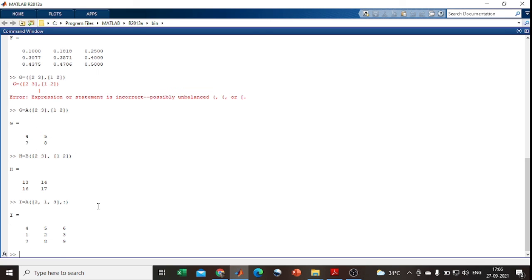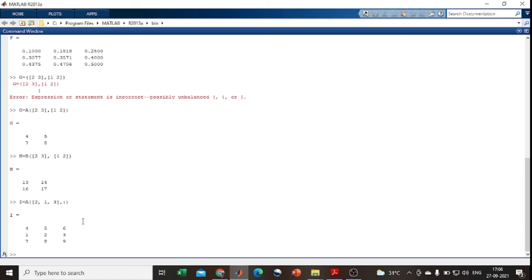Here I can interchange the rows. Okay, here you see the second row is changed to first and the first row is interchanged with the second row. Likewise we can interchange the rows and columns in the available matrix. The interchange and submatrix are also possible with our basic matrix calculation.